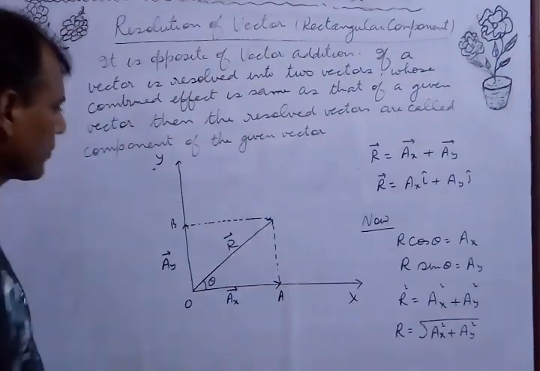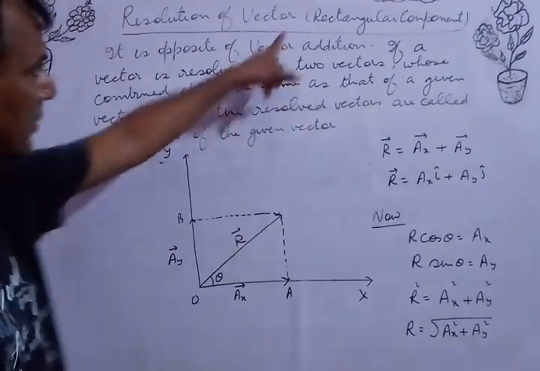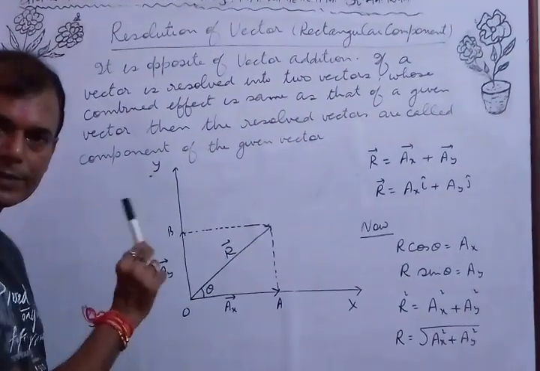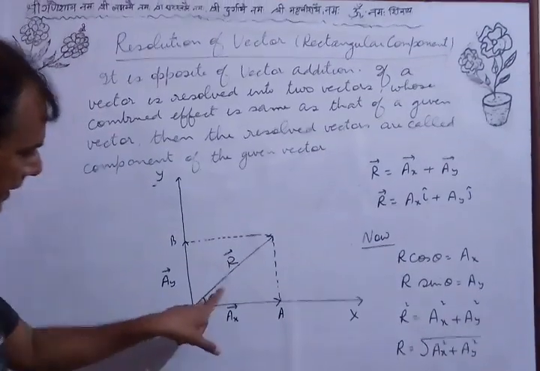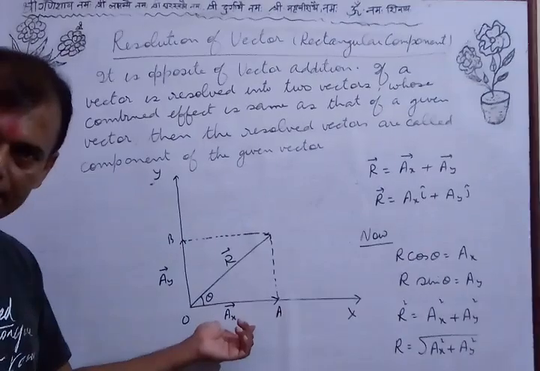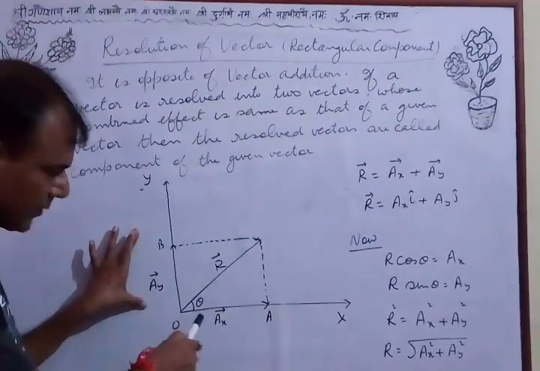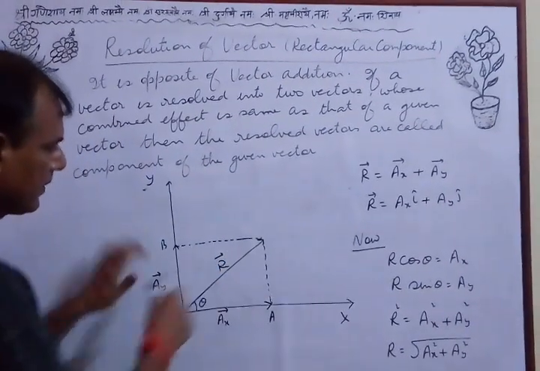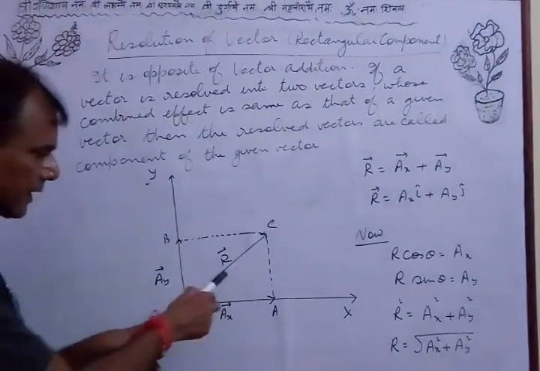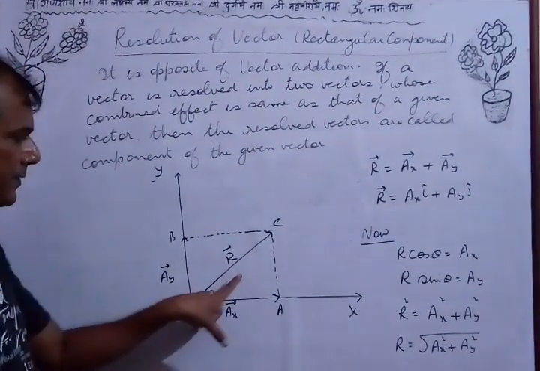Now take an example here. Suppose we have been given a vector R. We have to find its two rectangular components. We have to break it along two components which are mutually perpendicular to each other. Suppose vector R makes an angle theta with the x-axis. If I take this vector as Ax and this as Ay, and use the law of parallelogram, these are two sides of a parallelogram OBCA. These are two vectors, then the diagonal represents their sum. Therefore, we can write Ax plus Ay gives R.